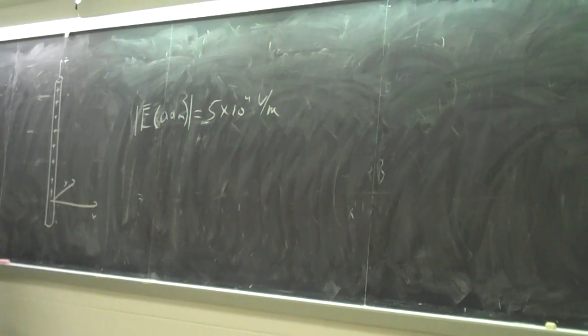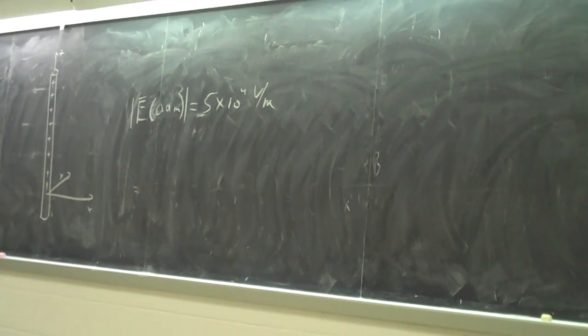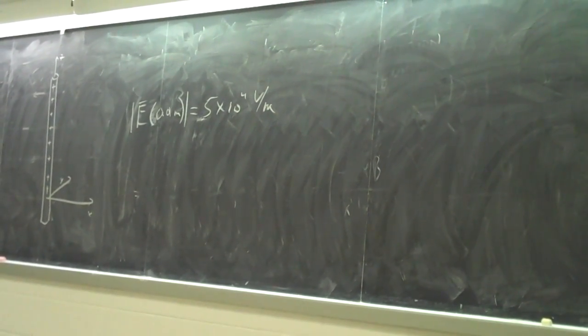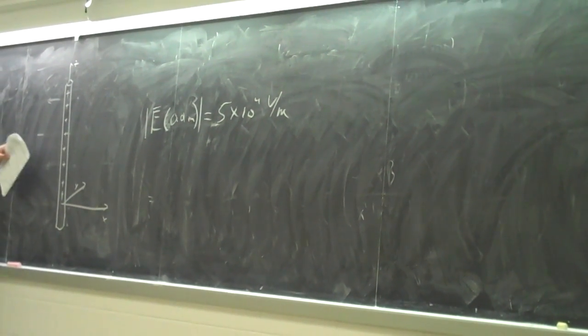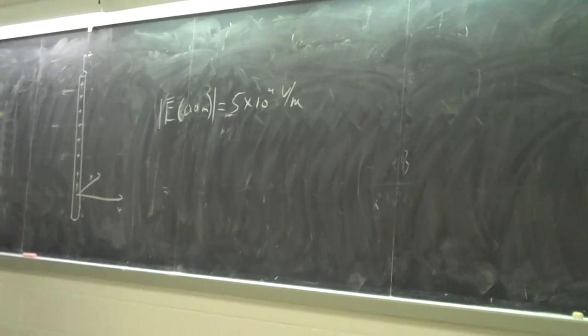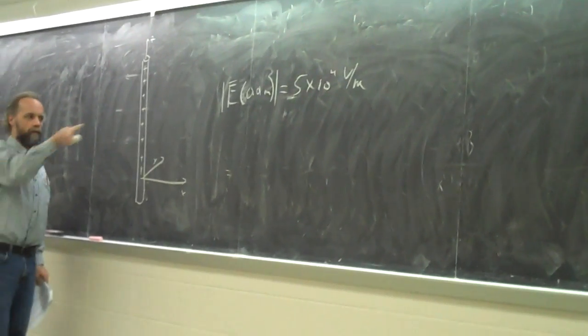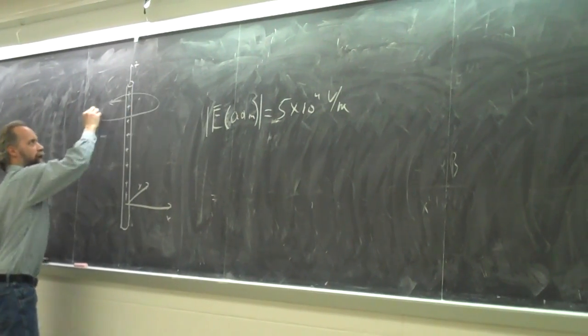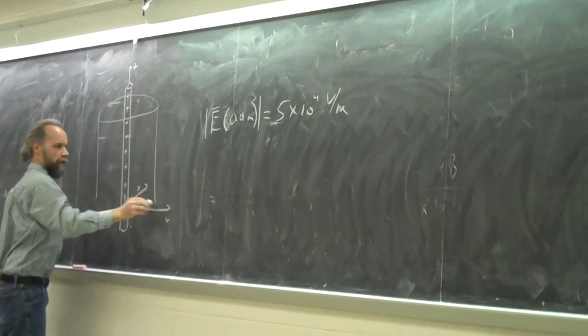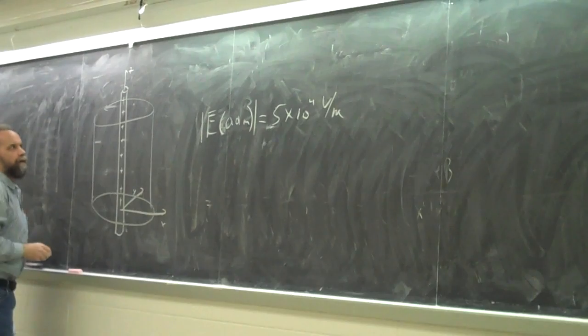Right? And in this situation, which way is the electric field pointing? Straight out, right? If you put a positive test charge out here, it always points straight out from the wire. Not up, not down, but in the xy plane. And so, if you wanted to evaluate Gauss's law, you would draw a cylindrical surface around this thing,